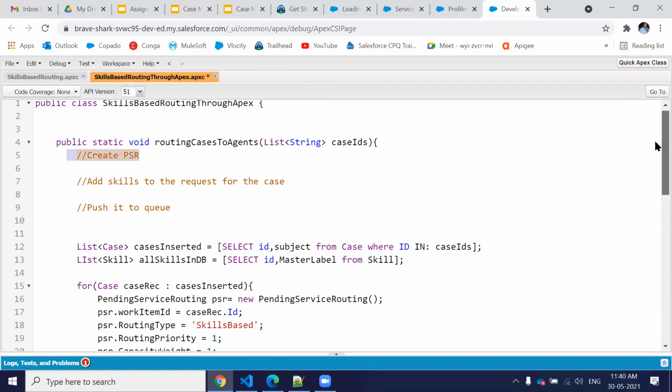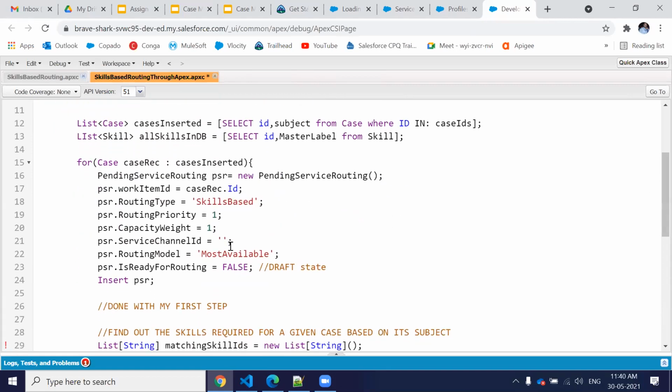To create a pending service routing record, these are the mandatory fields. Whenever you're going to create a pending service routing record, you have to provide these mandatory field values. First, you have to provide the work item ID, where you define your service channel, whatever object is going to initiate your routing.